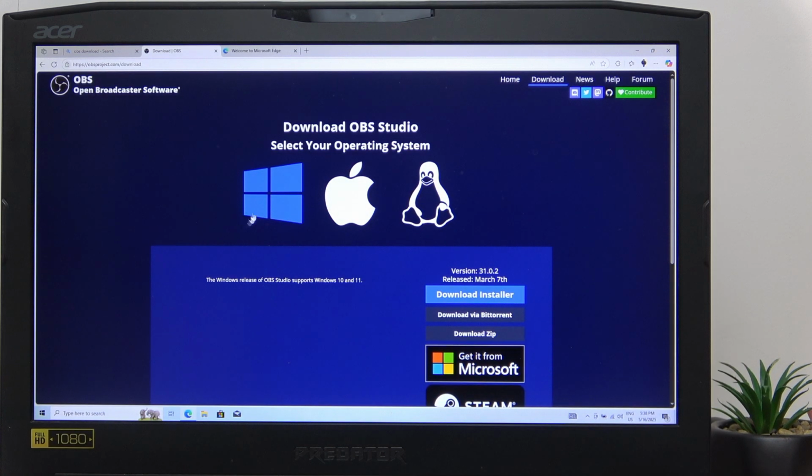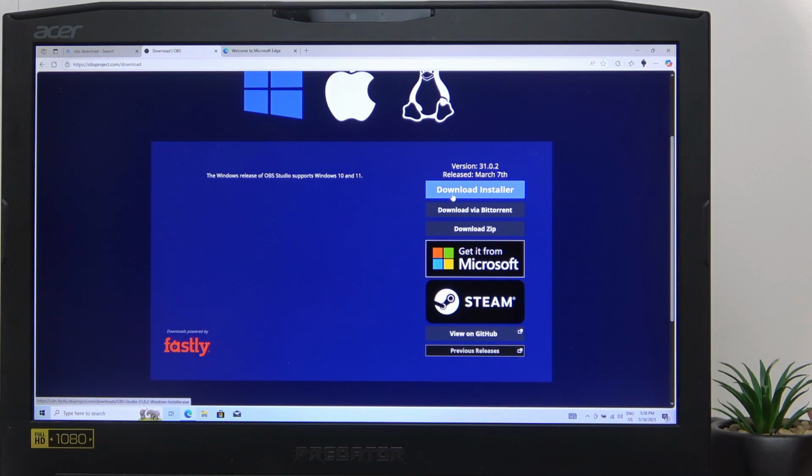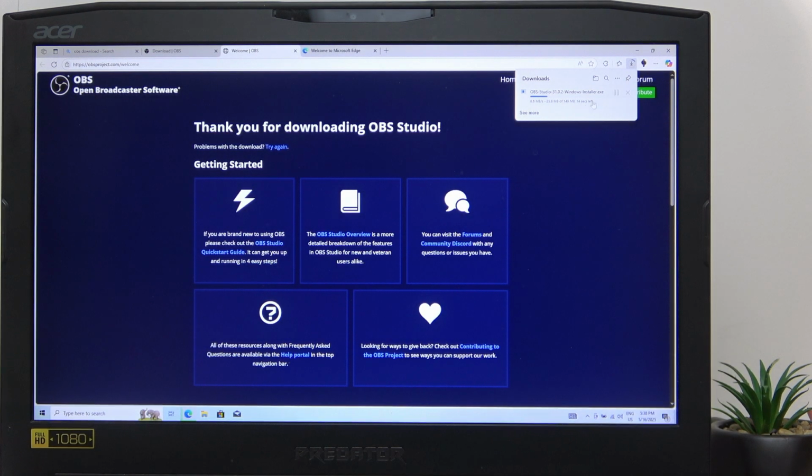Studio, OBS download, whatever. Go to download OBS, select your system, Windows of course, and select download installer. Now wait until the exe file downloads, and once it's downloaded we're gonna set it up, and I'm gonna quickly show you how to use it to record a screen, but you can do way more with that. Although you just need to mess around with it, maybe read some tutorials about it, and yeah, so I'm gonna